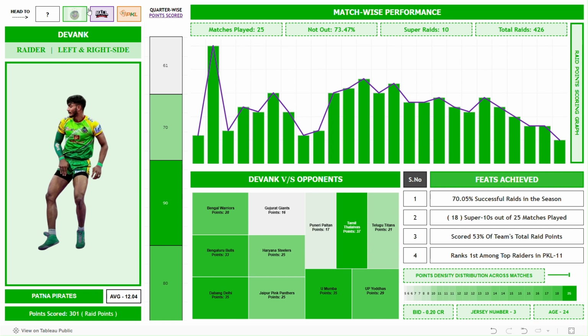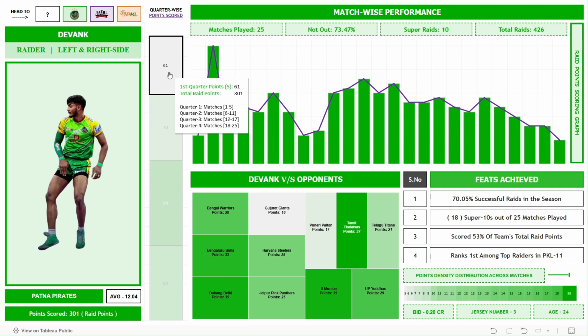Now let's see what the quarter wise points scored is. You must wonder whether this is something new, or has this been implemented in this season? No, actually this is something I have personally implemented for a better insight and to analyze better what he has done throughout the tournament. So for quarter wise points scored, when I hover over one bar, it says that first quarter points is 61,